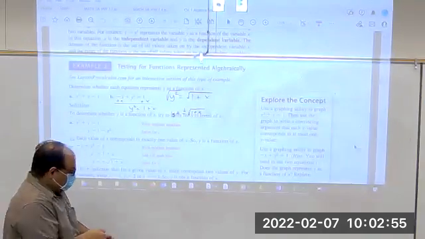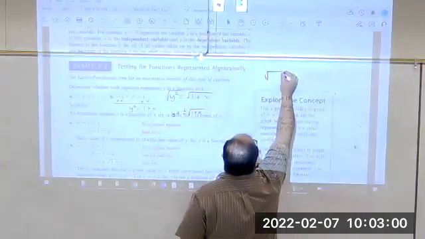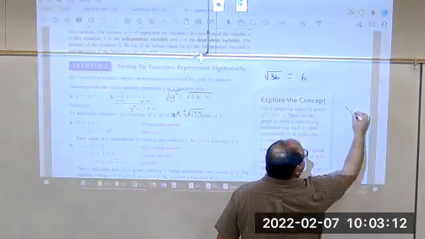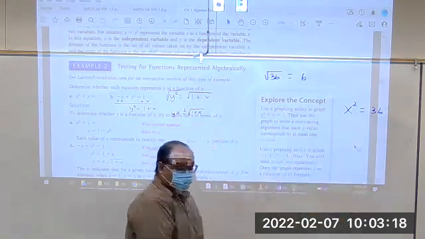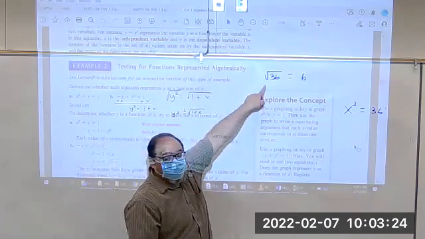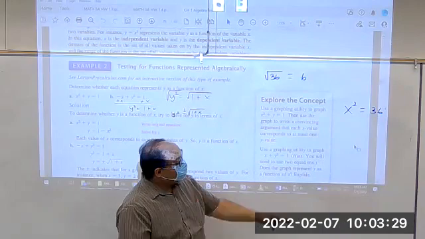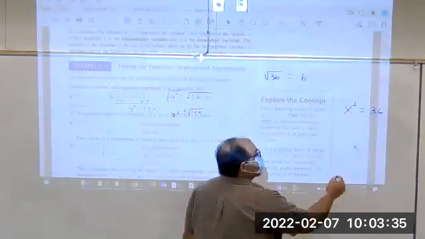Here's the deal. If you were given this problem and it just said, what is the square root of 36? Well, the answer is 6. But when you were given an equation, x squared equals 36, and you want to know what's the answer, you're supposed to solve and get all possible answers for the x. This one is not an equation. This is just what's the square root of 36, 6. But when you're solving an equation, we want everything that I can plug in for x that makes this true. So when you have a square root,